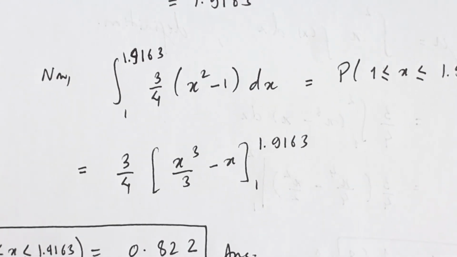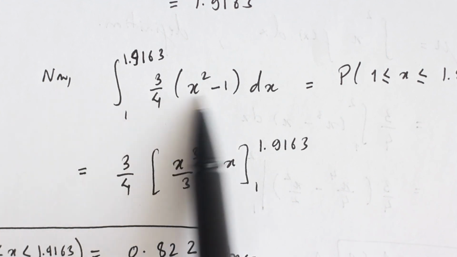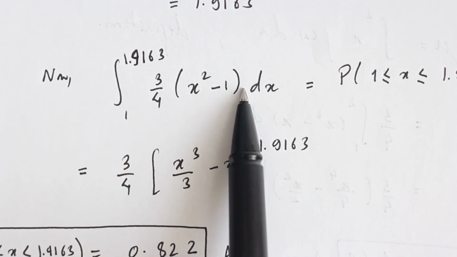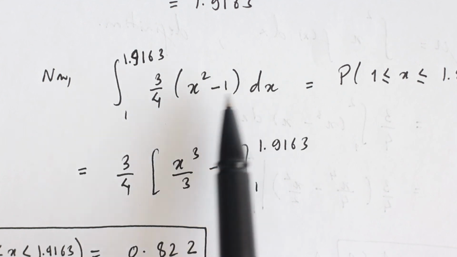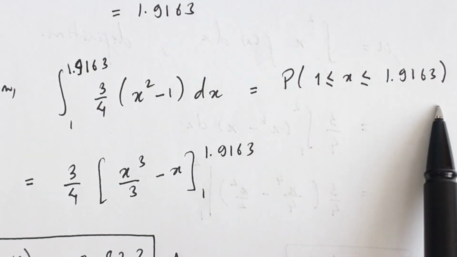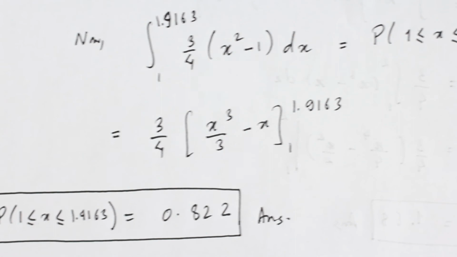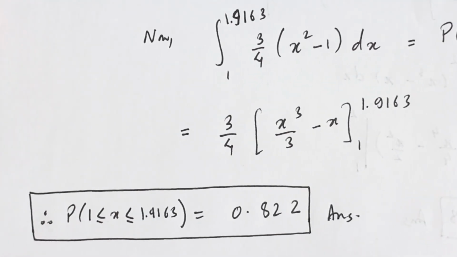The probability is just the integration of the probability density function from 1 to this value here. So this here means this. And upon simplifying, we finally get your answer to be